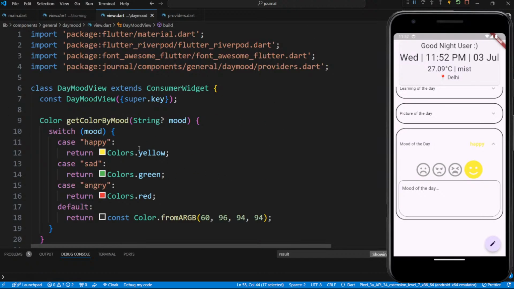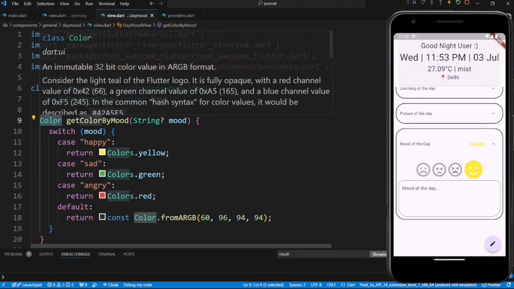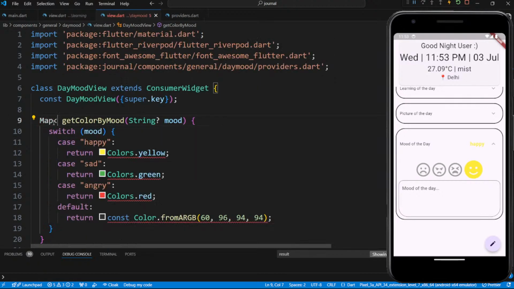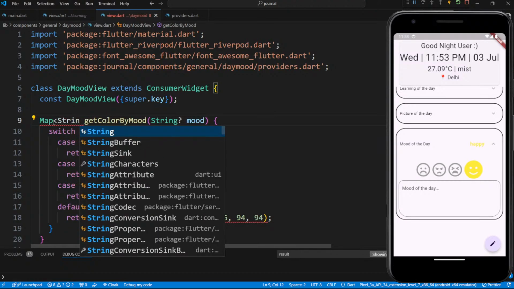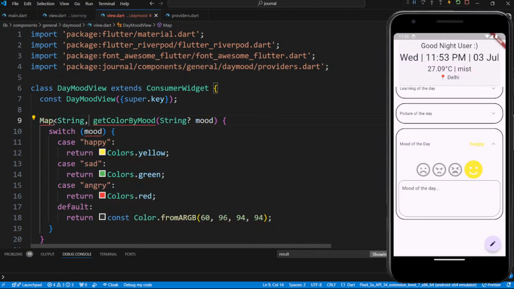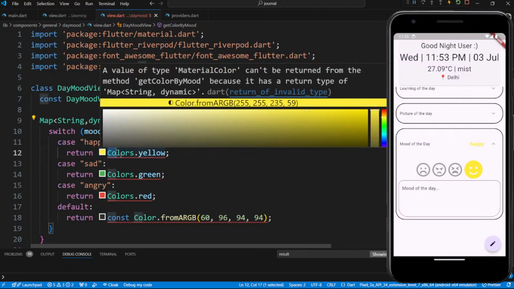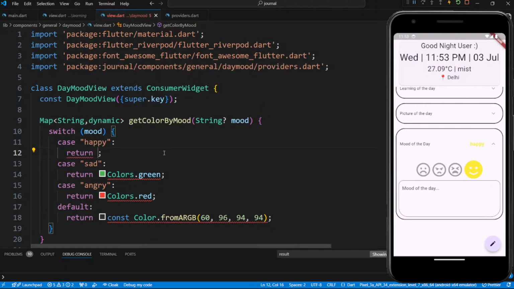So if you are happy, let's put something like map of string and dynamic, something like this. And here what you can return is just color, get the color, and hint can become something like if you're happy, then